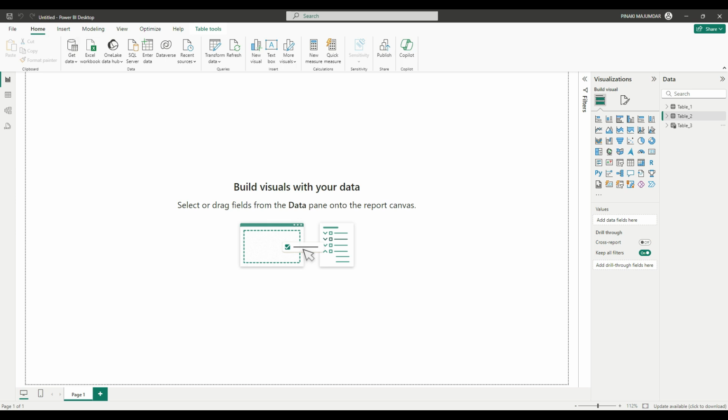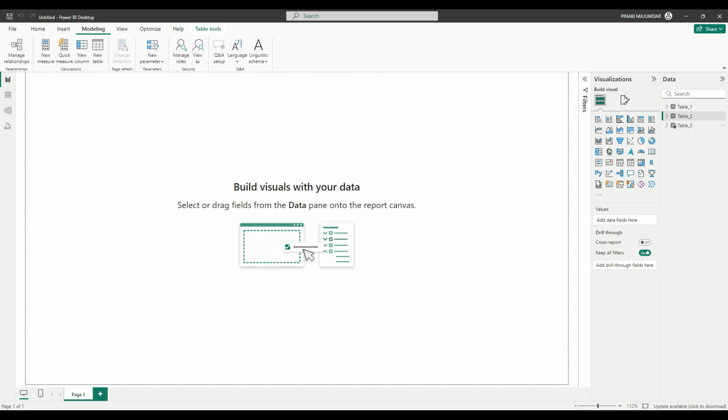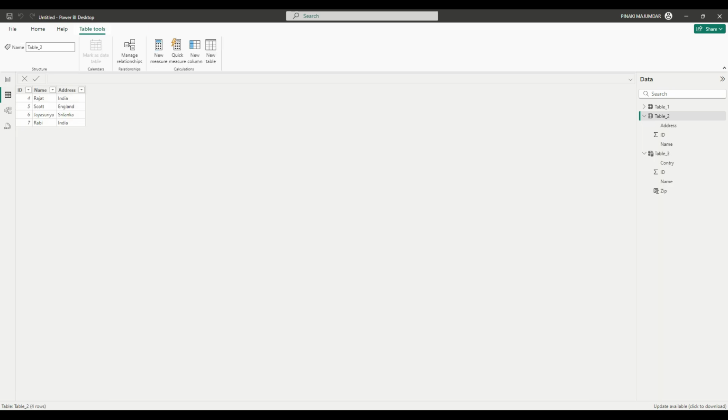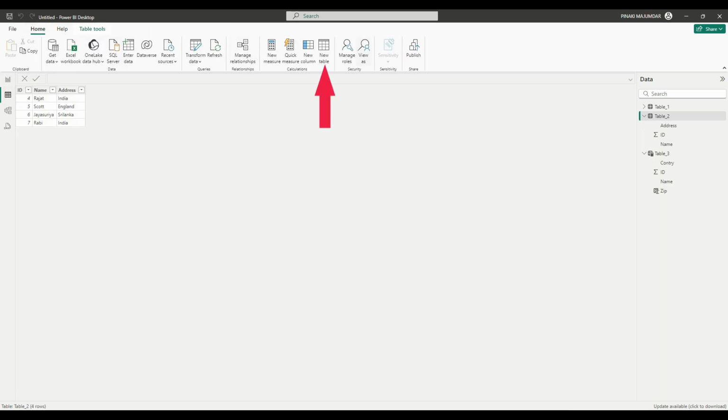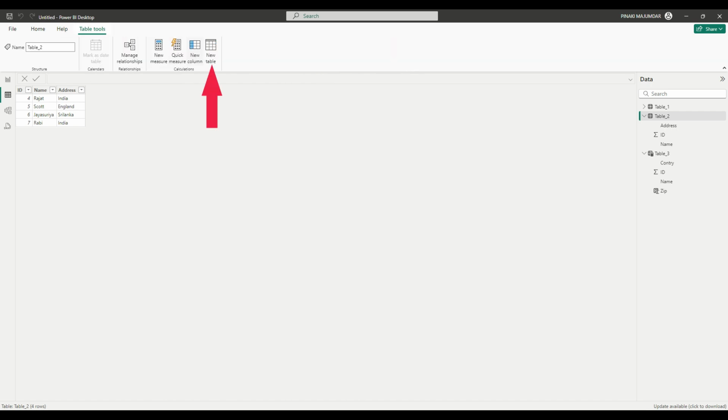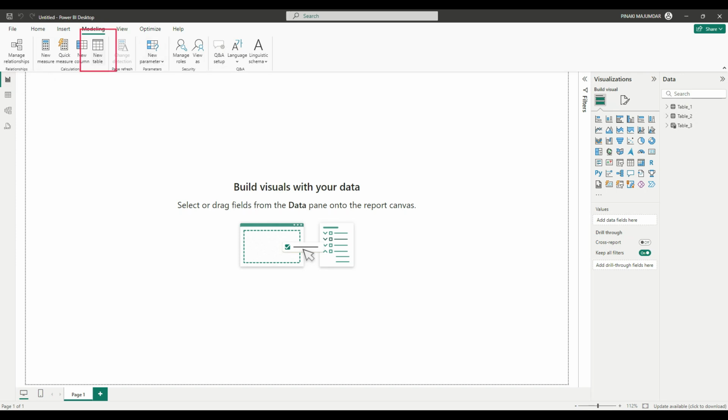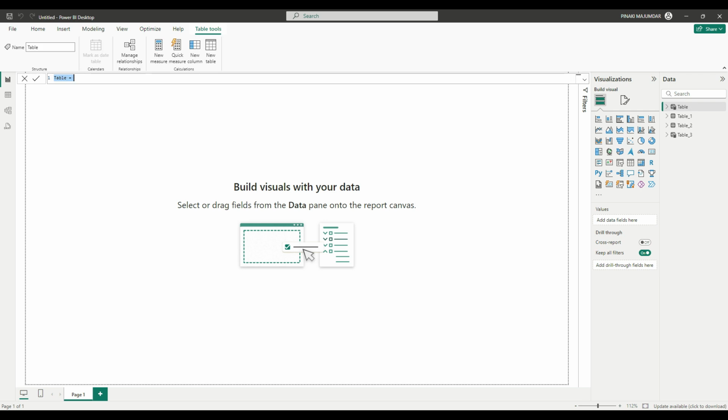Earlier, for manual or custom table creation, we used Enter Data, but in this case we are going to create a table using the New Table option, which is present under the Modeling tab if you are in the report view. If you are in the table view, this option will come in the Home tab itself, or you can find it in Table Tools as well. So in the report view, I'll click on New Table,